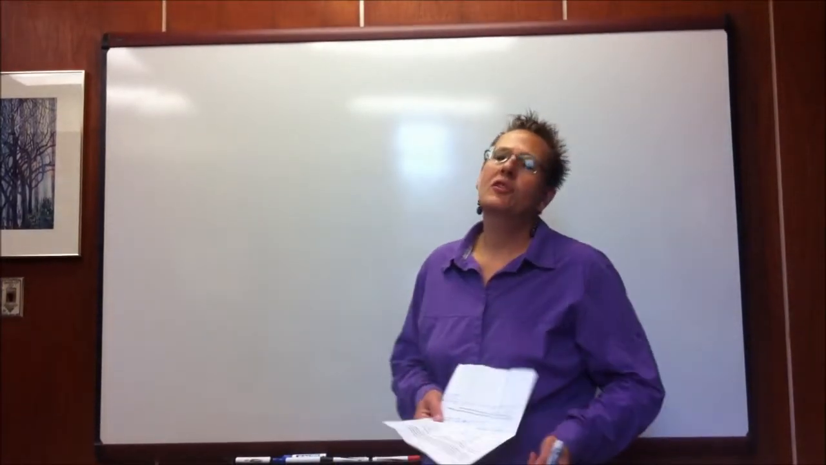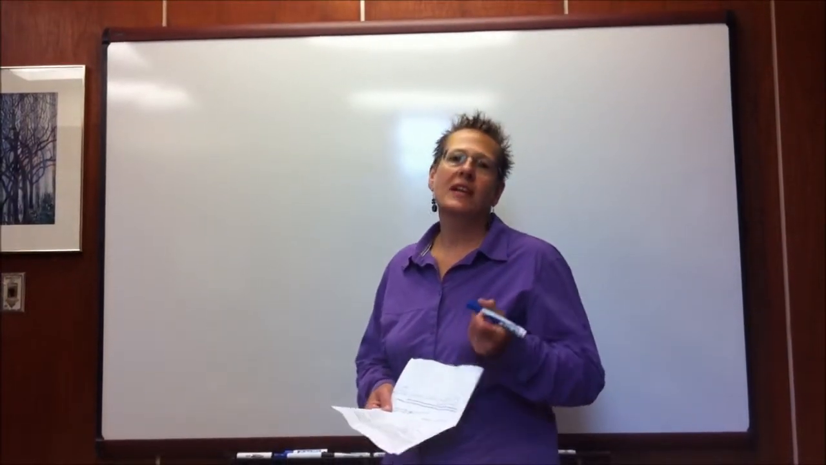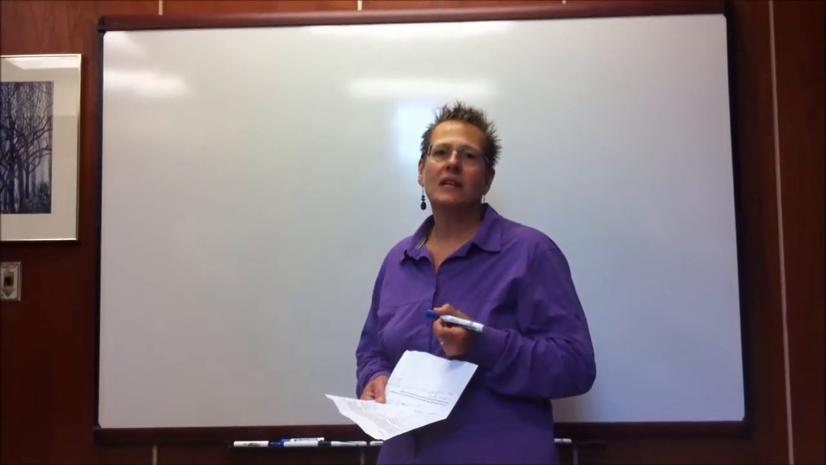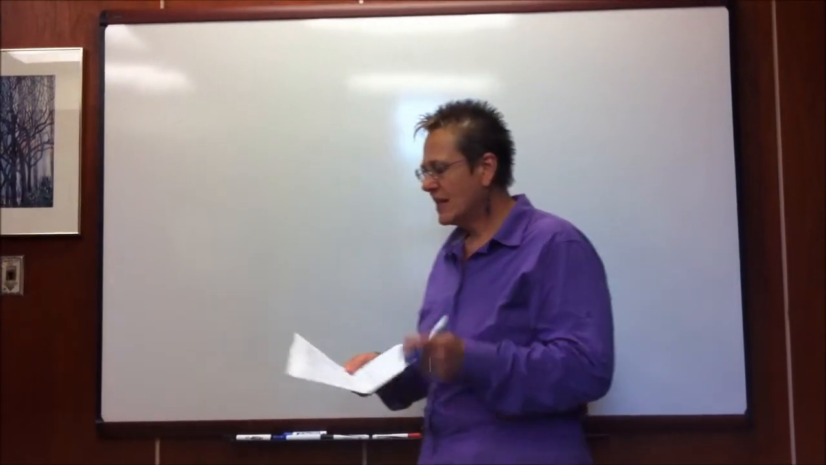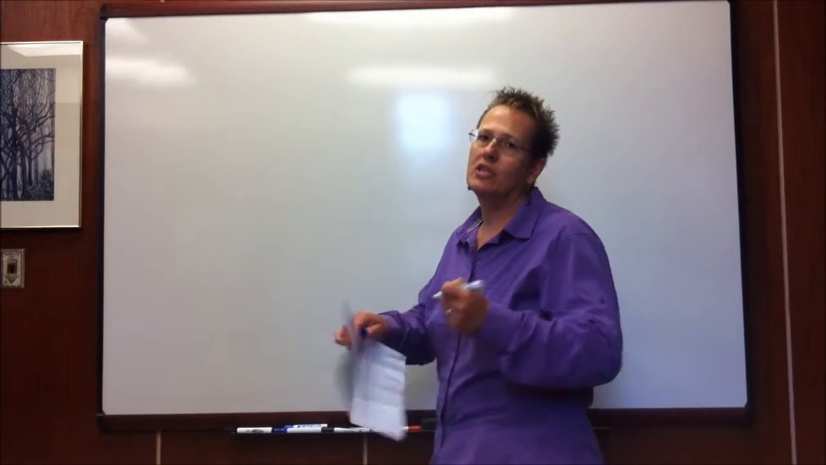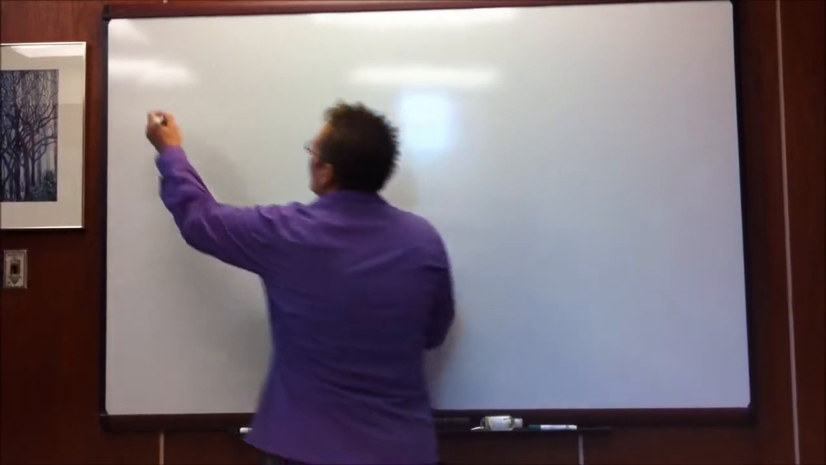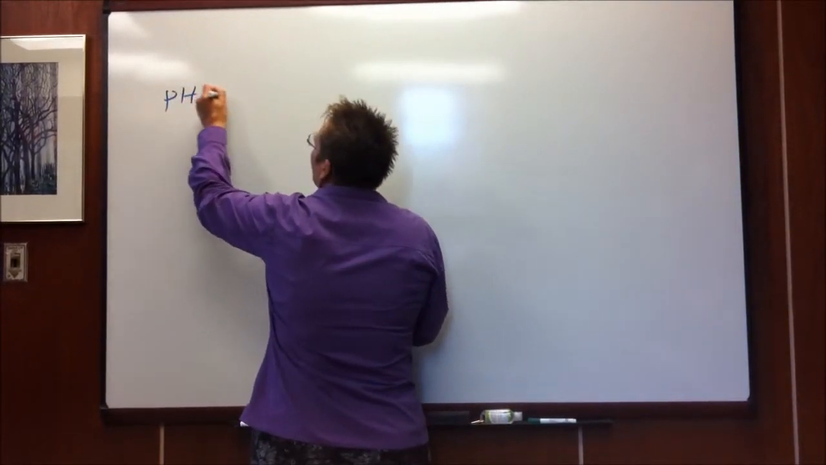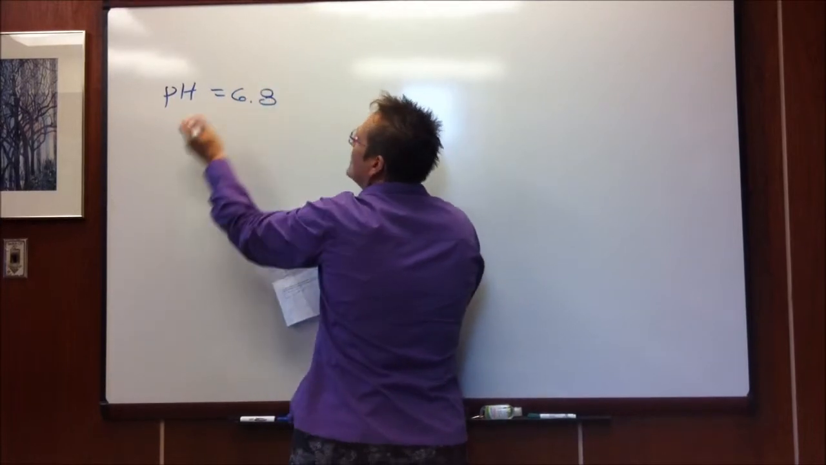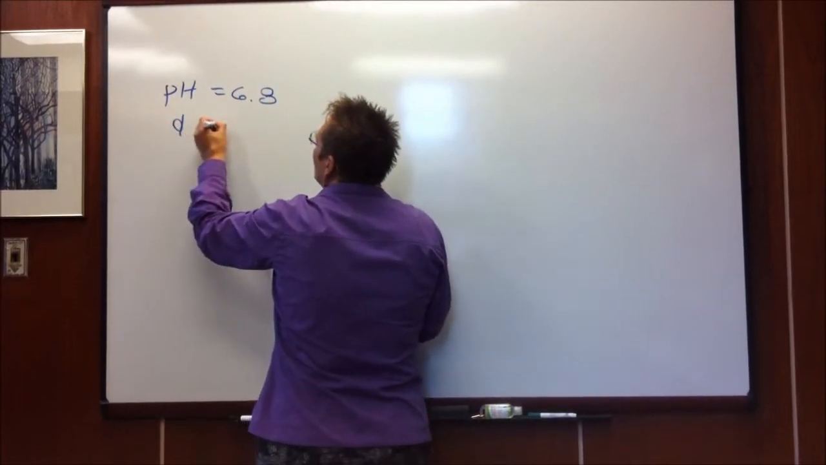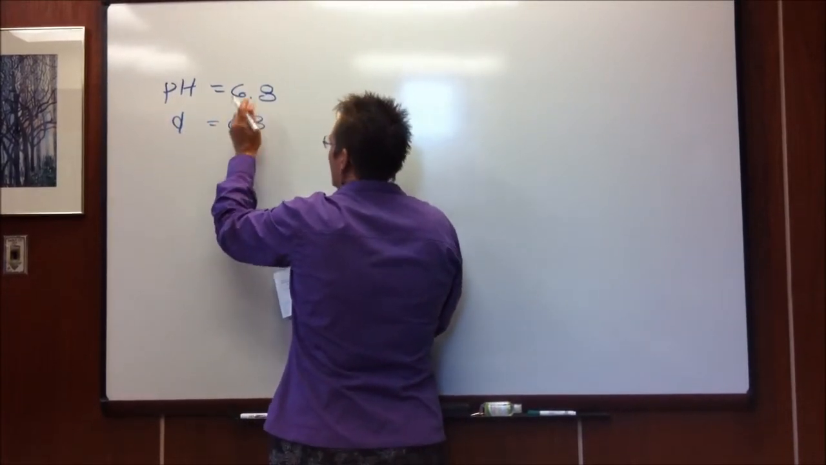Okay, so this first tutorial video is going to help you to understand how to do that first team challenge that we did on the first day of class. The question has a lot of information in it, but there's really only two pieces that you need. These are the pH is 6.8 and the diameter of the cell is equal to 0.66